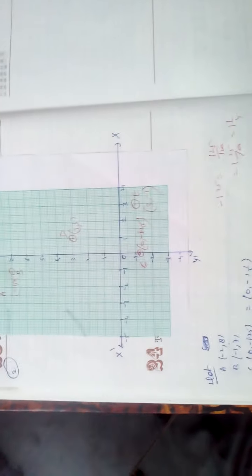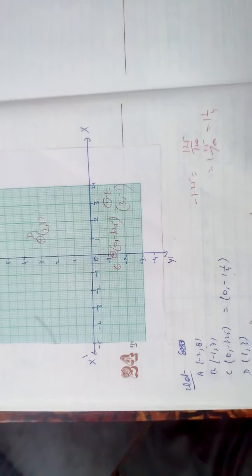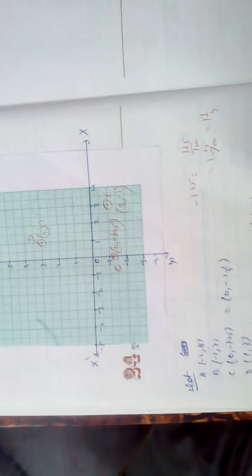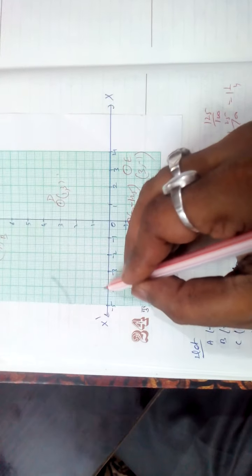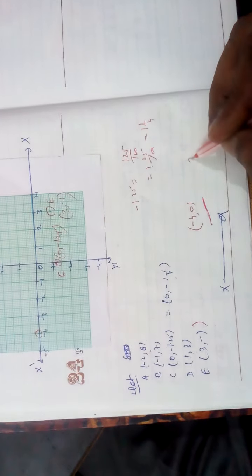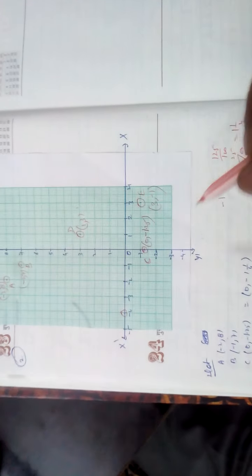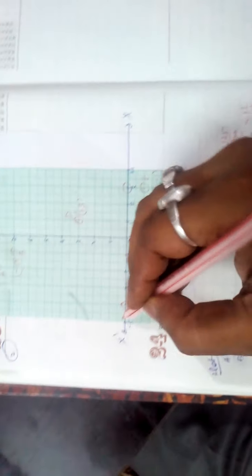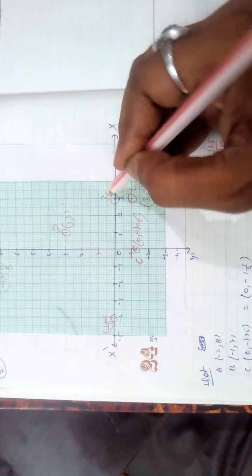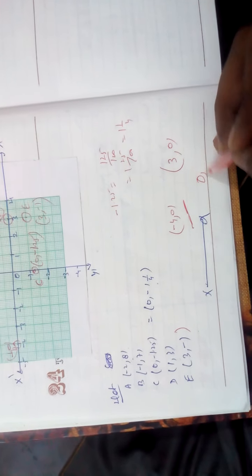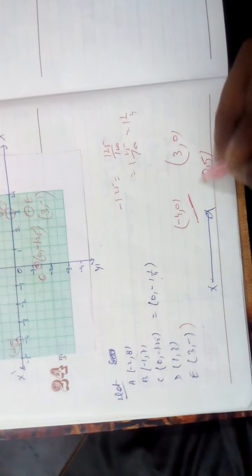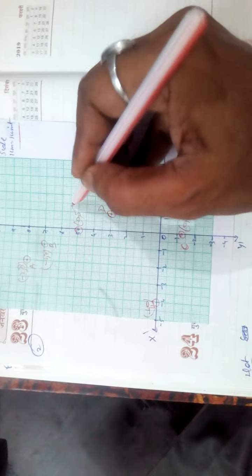So if any other point is given, suppose it is given minus 4 comma 0. Where is the minus 4 comma 0? Minus 4 and 0. It is given one more point 3 comma 0. Where is the 3 comma 0? This point 3 comma 0. It is minus 4 comma 0. It is 3 comma 0. Suppose it is given 0 comma 5. 0 comma 5 means x is 0, it lies on the y axis. x 0 means y is 5 here. It is a point which gives you the 0, 5.